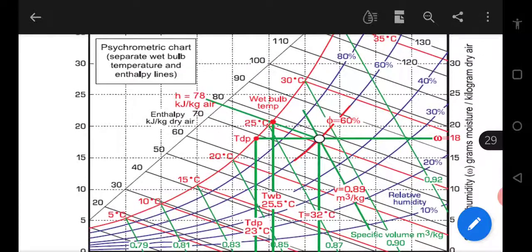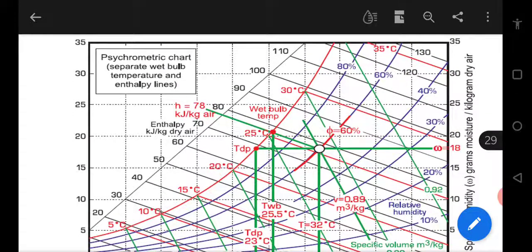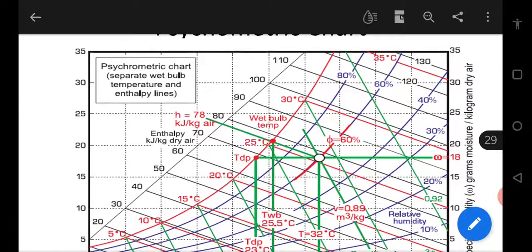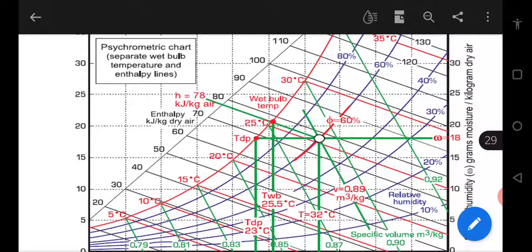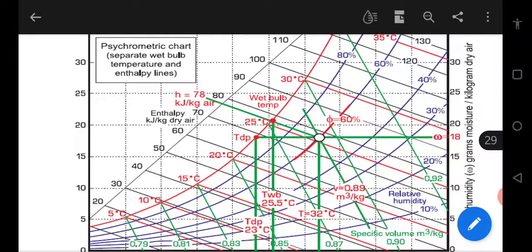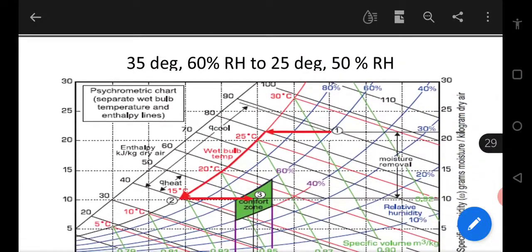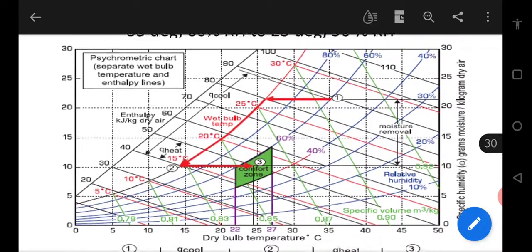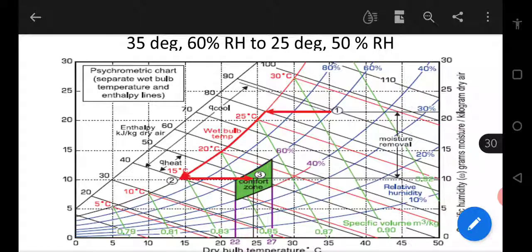So you need to have a proper understanding of this. And the slant lines from 10, 20 up to 110, what is written there are all enthalpy. These are all per kg. These are all specific enthalpy per kg of dry air. Just one idea of how this is cooled, from condition 1, the outdoor condition, to the indoor comfort zone.